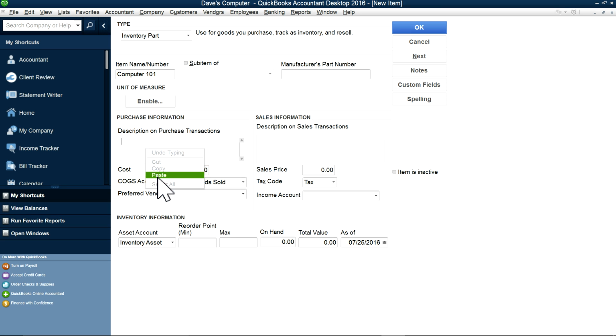So description, purchase, right here, 101. This is the one, it goes to your purchase order. And this is the one, it goes to your invoice, sales, this is sales forms. Okay, so just put in your cost number. So cost, let's say it's 80 bucks for this one to buy it, and let's say you want to sell it for